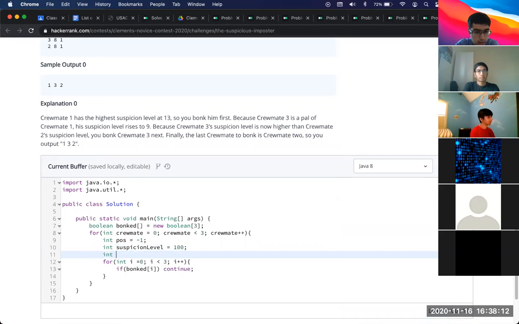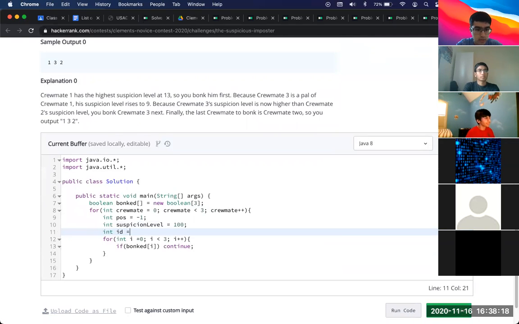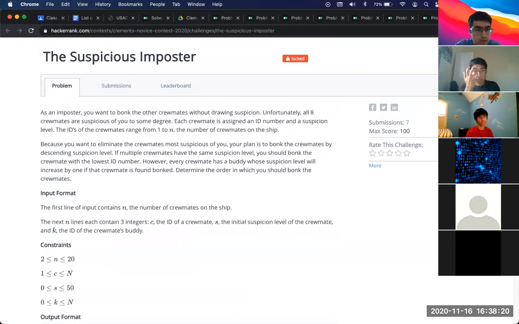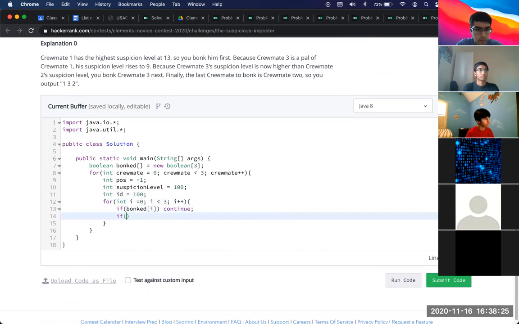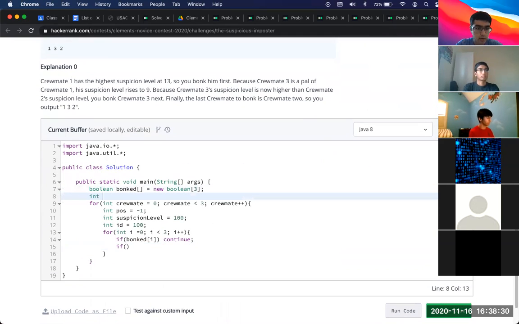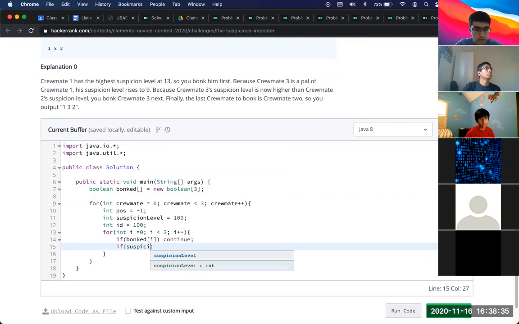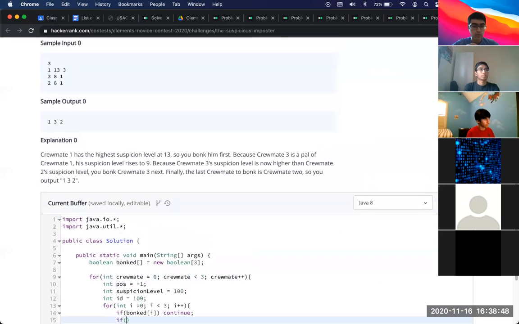I also want to keep track of the person's ID. I think we wanted the person with the lowest ID number, so I'll also set that really high. And the idea is, let's just pretend I have an array called suspicion that keeps track of the people's suspicion level. I'm not going to code the whole thing, but the idea is you just go through the array